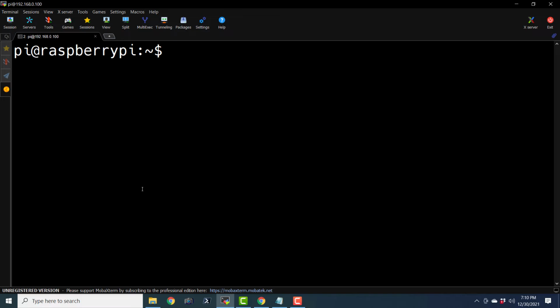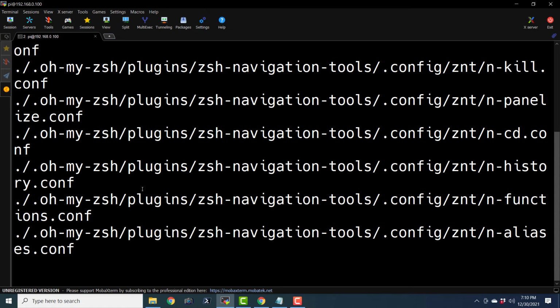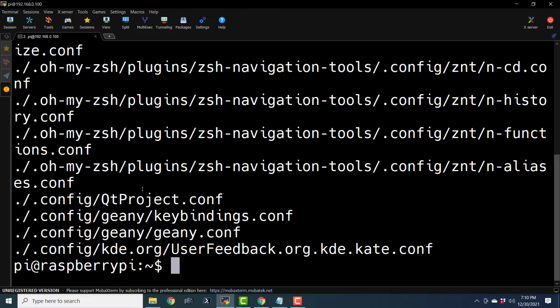Finally, we can use the command find . -name "*.conf", and it is actually going to search for that particular file with the .conf extension. It means the configuration files in the current directory. Okay, so dot stands for current directory.